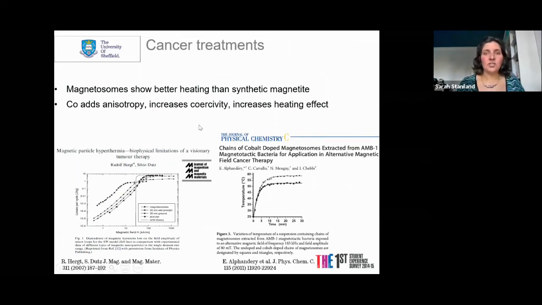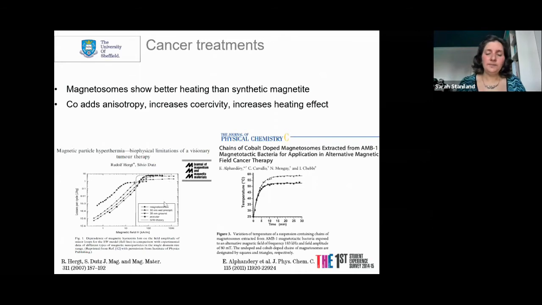magnetosomes actually have a larger hyperthermic heating than synthetic particles of a similar size. And hopefully you can see here on the graph on the left that if you just take any magnetic field in these lower regions and go up, the synthetic particles will give this heat loss per cycle, whereas magnetosomes will give basically twice as much. It's not clear why that is, but if we can then dope them with cobalt, then we get an even